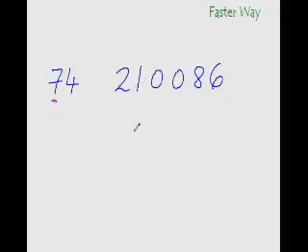But then this should ring a warning bell in your mind, because I know this is not 7, this is 74, and 74 is going how many times in 210? I know that 7 3 times is 21, so 74 3 times would be more than 210. So I would not put 3 here, rather I'll put one number less, that is 2. If I put 3 there, then the next dividend that I'm going to get would be negative, and you can't have a negative dividend.